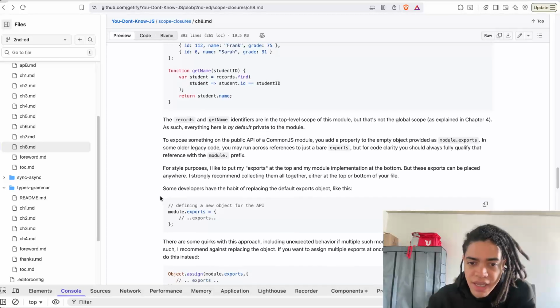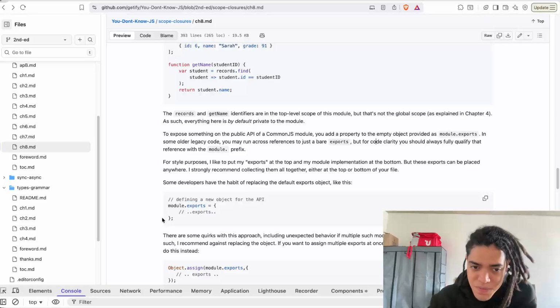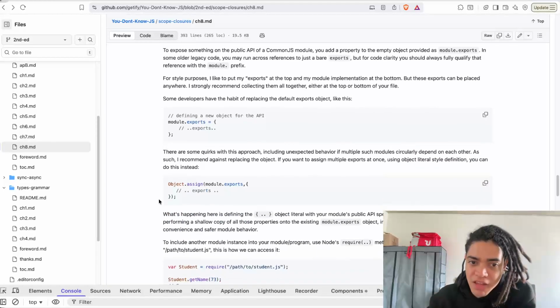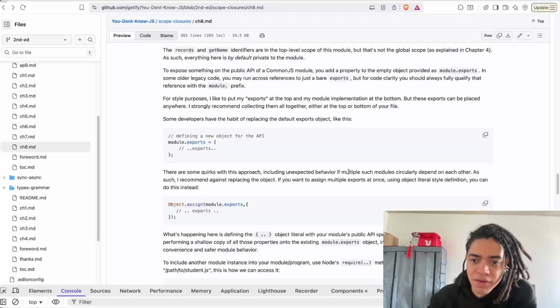Some developers have a habit of replacing the default exports object like this, defining a new object for the API. So this file module is exposing these details. And there's some quirk with this approach, including unexpected behavior if multiple such modules circularly depend on each other. As such, I recommend